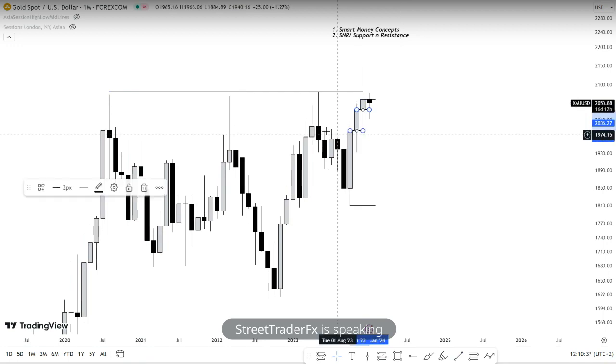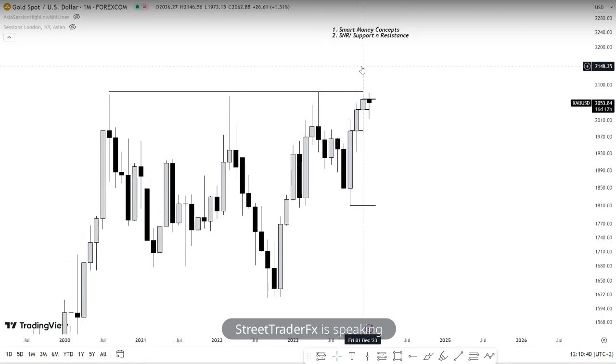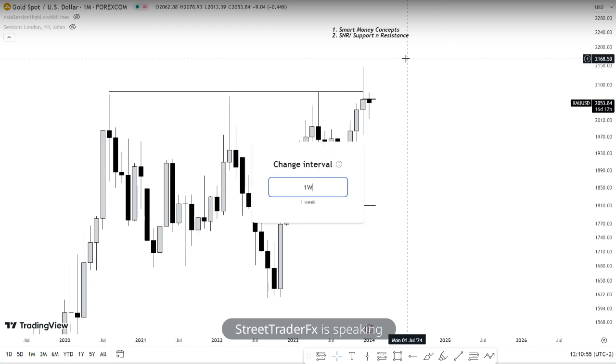But for now, for the fact that we took out stops here, I'm obviously trying to attempt shorts, although I do know that we're coming from an area of support. There's a possibility that we could sell lower. We could keep selling, but we just have to wait and see. So weekly